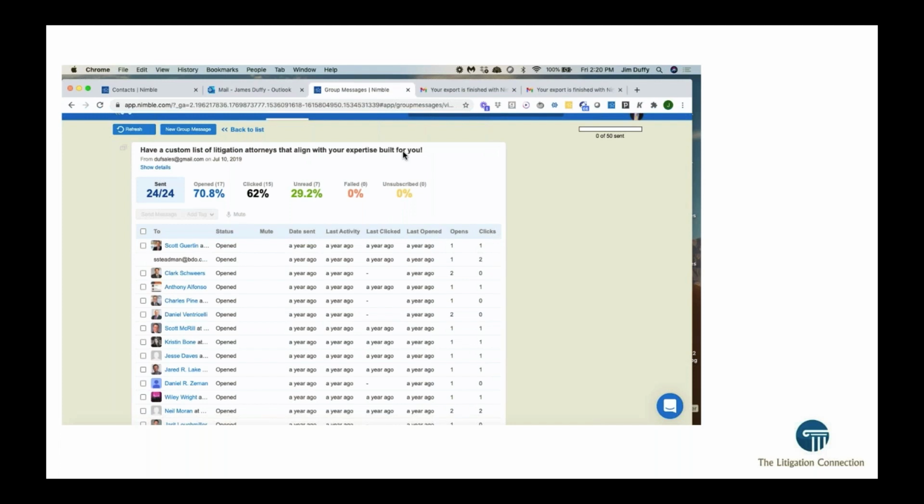The people that we send it to really are looking for that type of information. So what happens? We send out 24 of them, 70% open that email. The average open email rate, I don't know if it's 10 or 15%. Then we get an incredible click-through rate. So they click on the information that we have in that particular email, 62%. Again, that's usually in the 8% range. So what we do as a company is we're highly targeted, highly focused, which leads to great results.